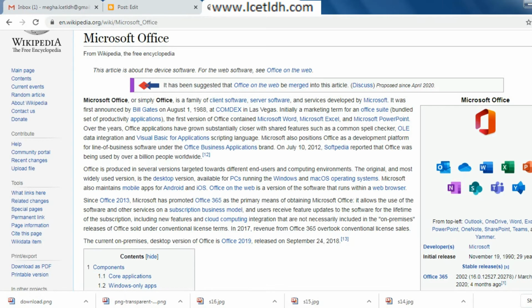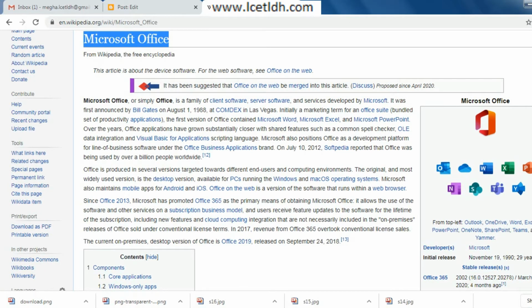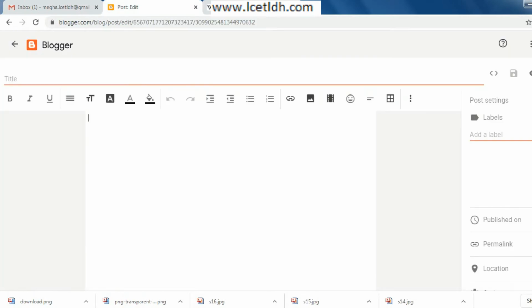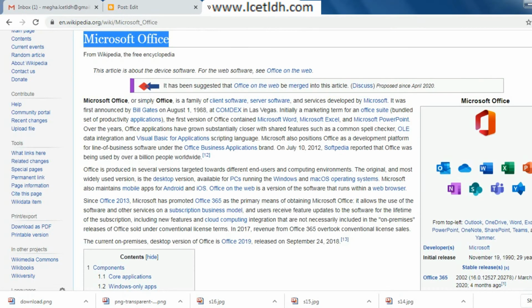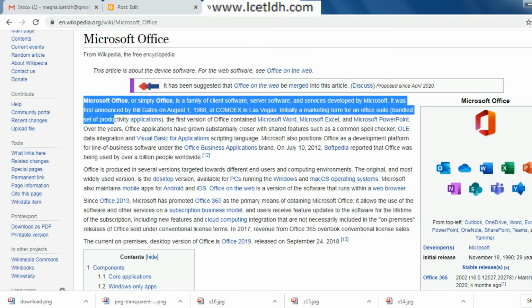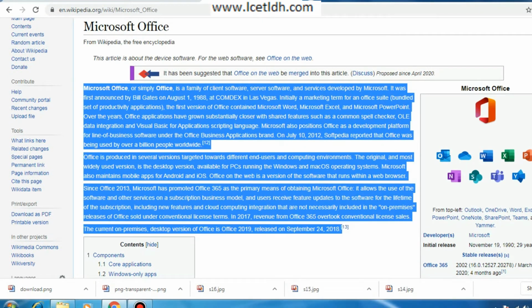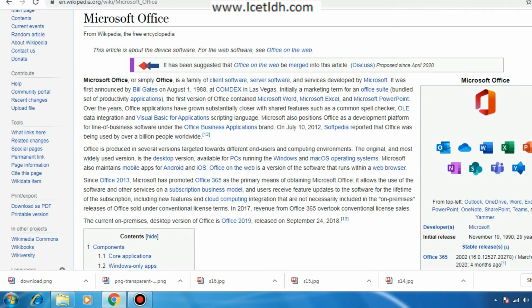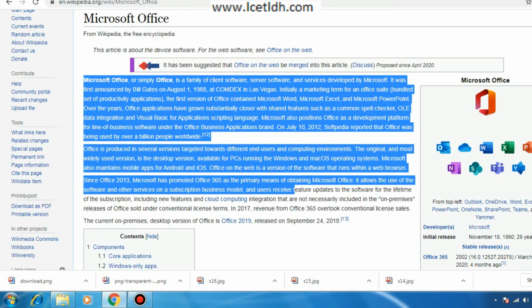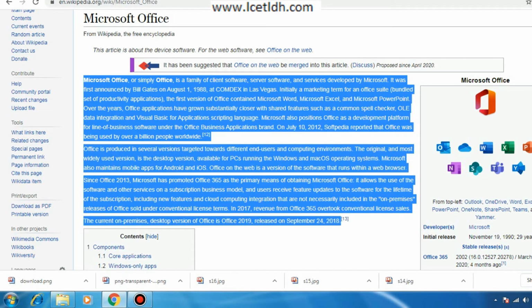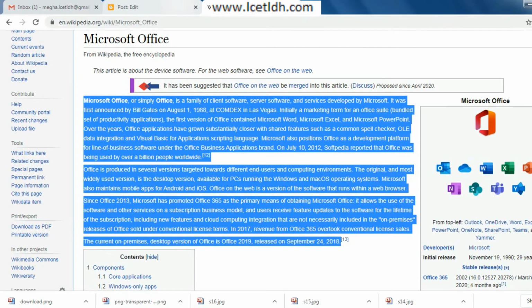You guys, instead of copying it, try to write it in your own words. If you write a blog in your own words, that would be more beneficial, because if your content is new and not copied from anywhere, more and more people will approach your blog. This is my suggestion for you: do not copy anything for your blog. Try to write it for yourself.